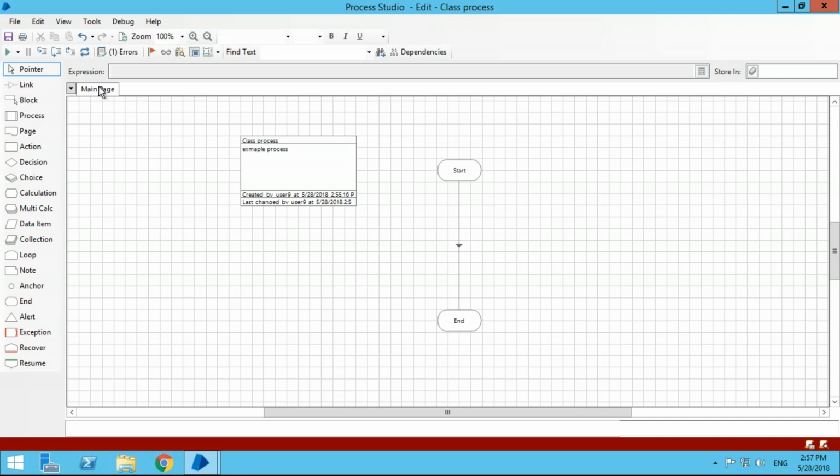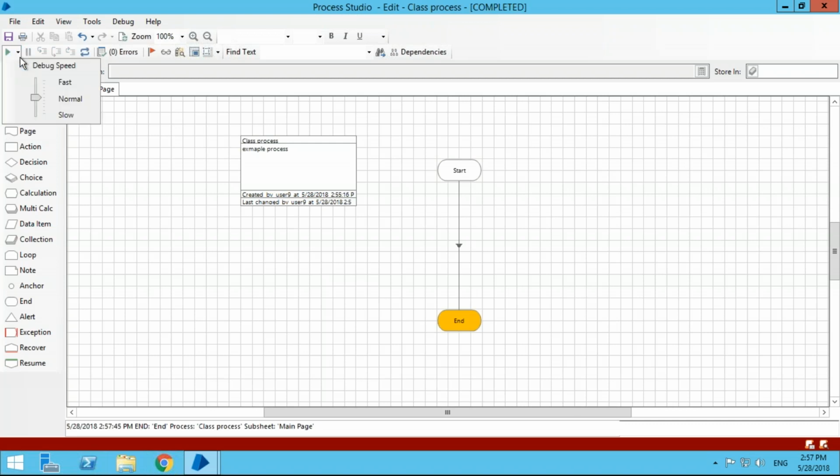Okay, so there are some commands here. As you see, there's play, pause, and so on. This is where you actually control your process. A good practice is to always press reset first. Always press reset first and then play your process. So I've reset and now I'm going to play the process. I can press play or I can press F5. I'm going to press play.